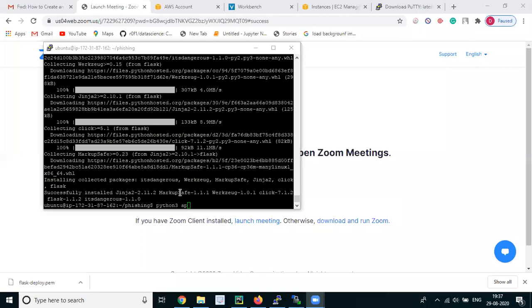Yes. So now we will just run our app, that is app1.py, our Flask web application.